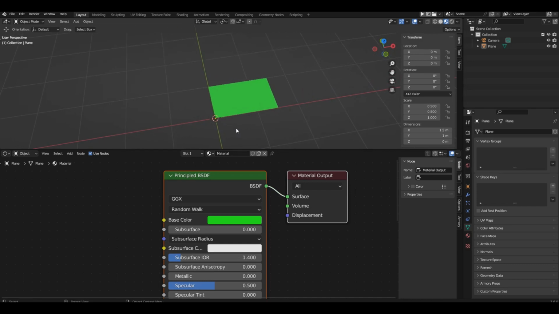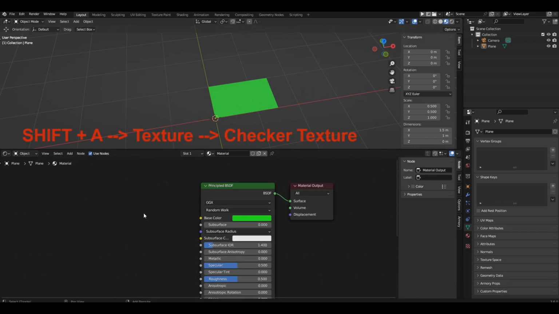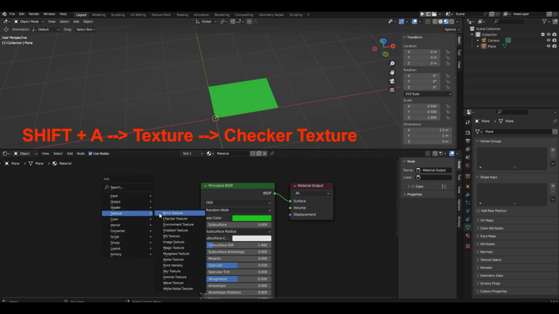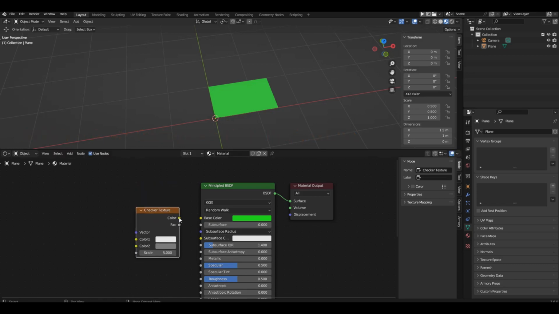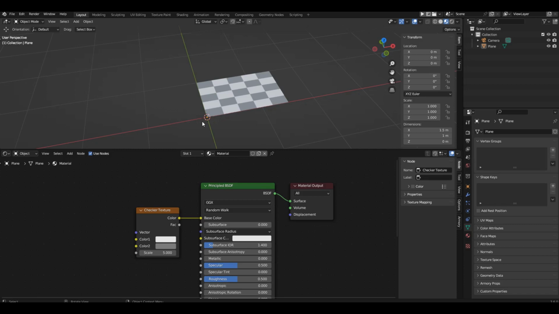But let's make our material a bit more complex. Move your cursor in the shader editor and create a new node. To do this, press Shift-A, open the Texture section, and select Checker Texture. Place the node on the left and connect the color output to the base color input. Now, you can see a checkerboard texture on our background. In the texture settings, you can choose the desired colors and scale. Currently, our texture is stretched along the x-axis, and we need to fix that.